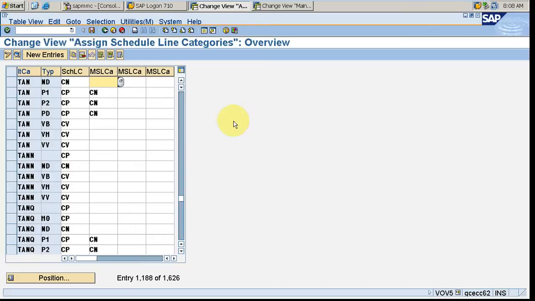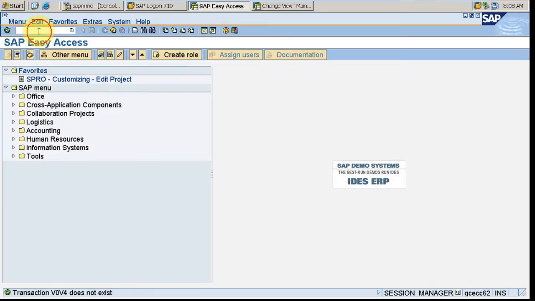Okay, so we finished schedule line category. There are only these configurations which you need to remember. Because for general standard items, it is already standard configured. You will have all these things, but the controls would be changed only for third party and IPO.